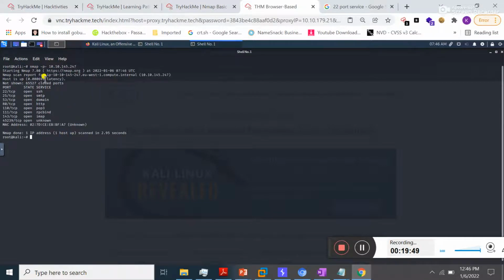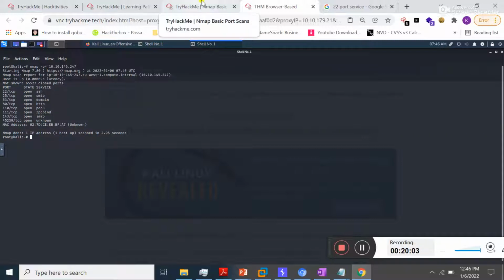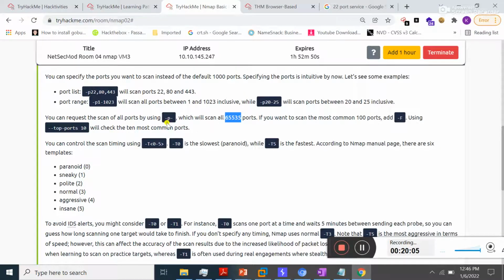If I press enter, it will take a lot of time. If many services are running on a target machine, it will take a lot of time. Right now it displayed the result very quickly, but sometimes a full port scan takes a lot of time.